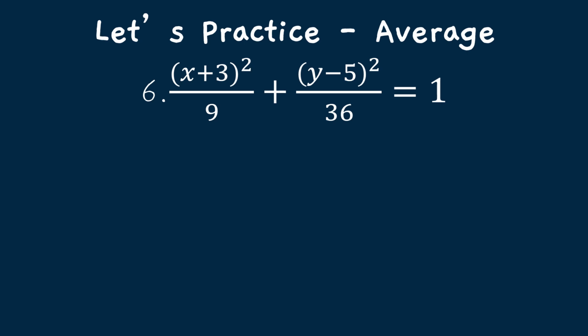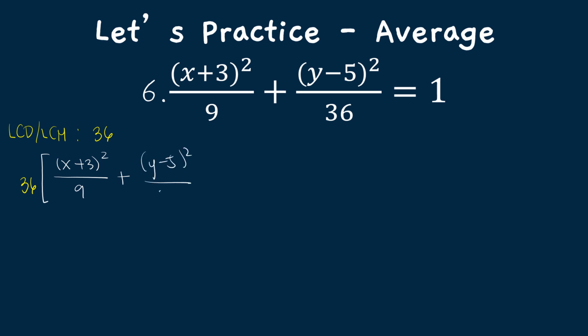Quantity squared over 36 is equal to 1. So again, it's the same process. Find the LCD, and your LCD or LCM is equal to 36. So the 36 should be multiplied to the whole equation, or each term of our equation. So write your standard equation,